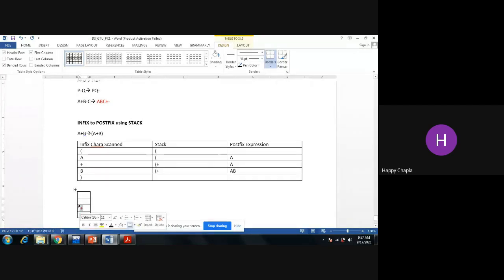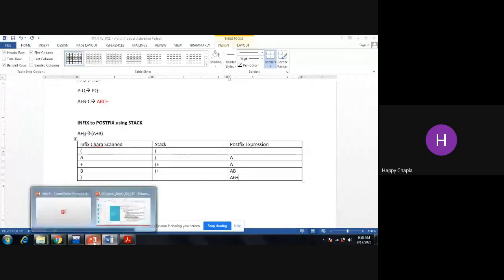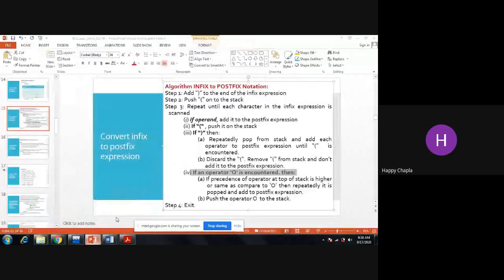Now I'm encountering the closing bracket. So starting from the top of the stack till your opening bracket, you have to pop out everything that is in the stack. Here there is only one plus. So we need to move plus over there. Yes, correct. Till now, any doubt, any student?